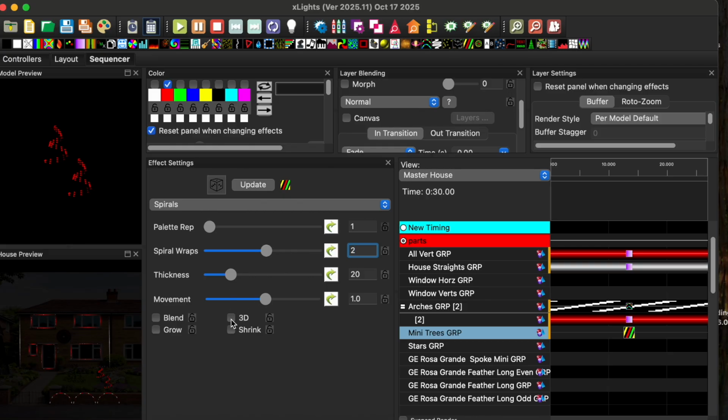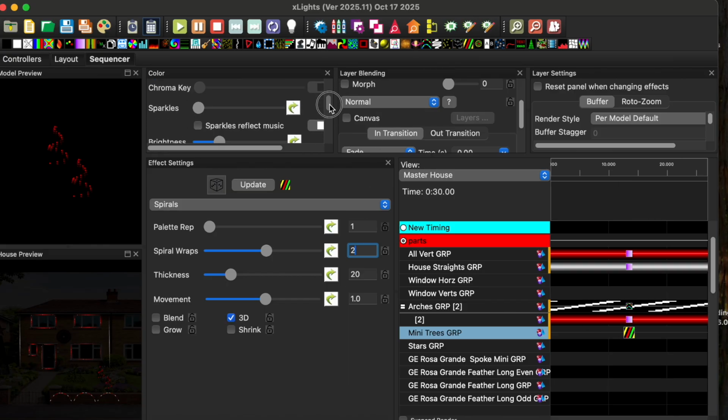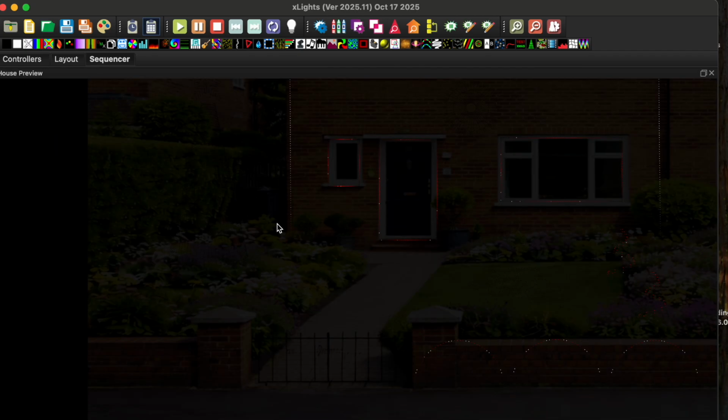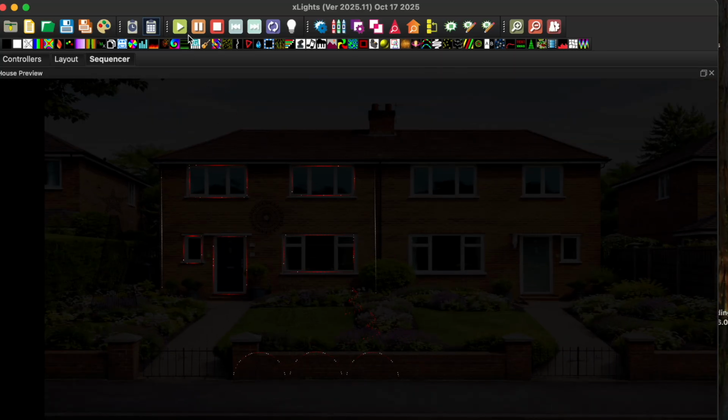Movement 1. What if I press the 3D button? Oh, it makes it 3D. What if I press this button? It adds more. So we've got some spirals on our mini trees. Again, I want that to sparkle. So I'll just add a couple of sparkles. And if I make this bigger and we press play,